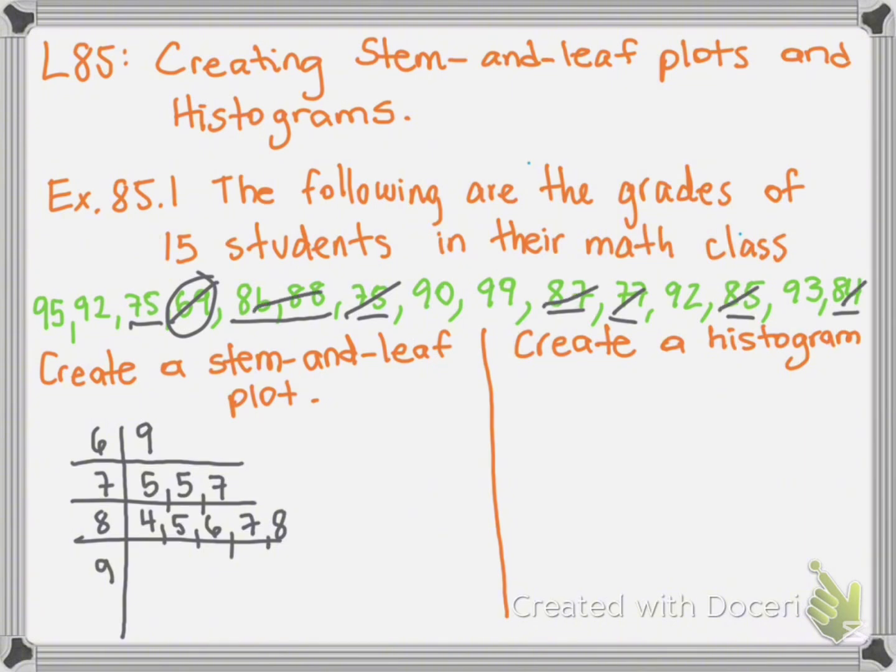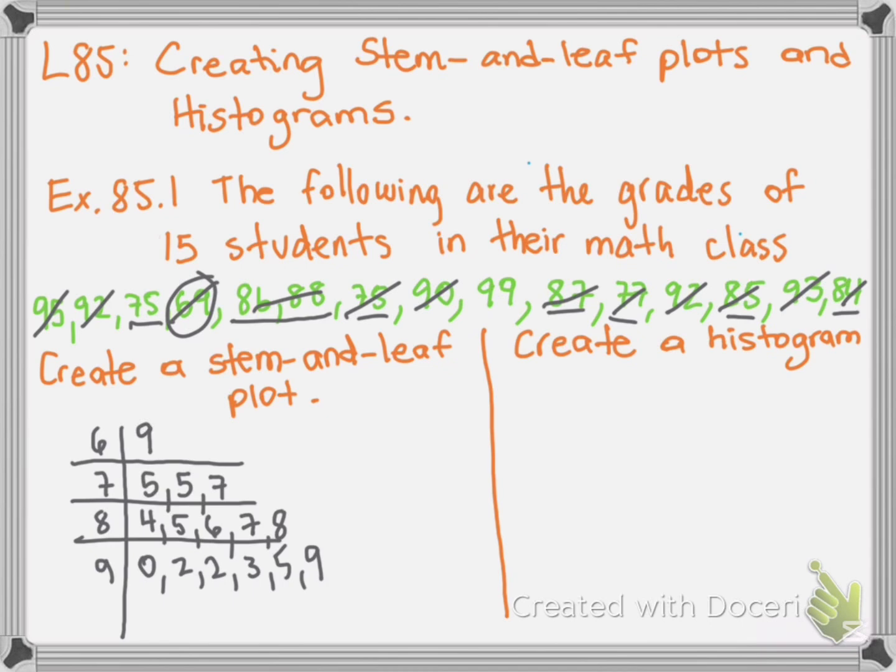And now we put the 90s again in order. So we have 90. Then we have 2 92s, so we put 2 2s. And then we have a 93, 95, and a 99. Now it says that we have 15 numbers, so we have to count here that we have